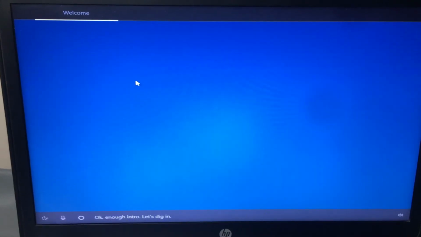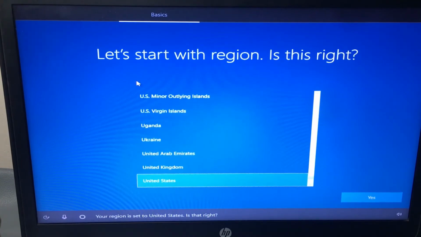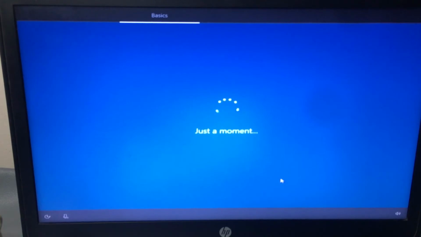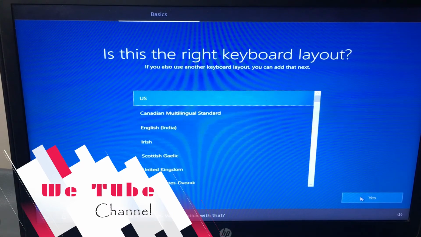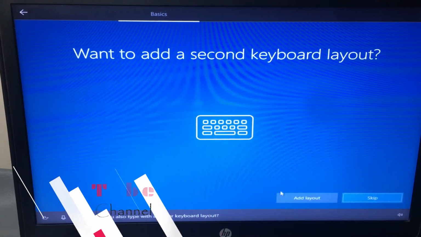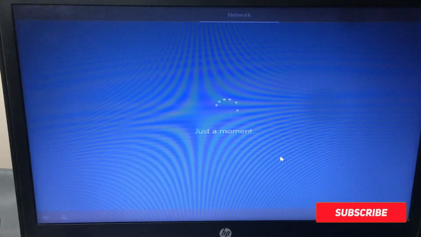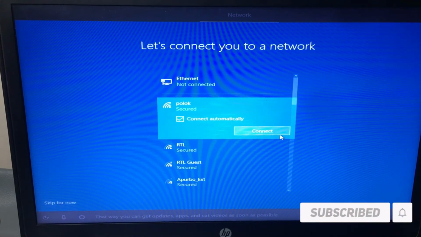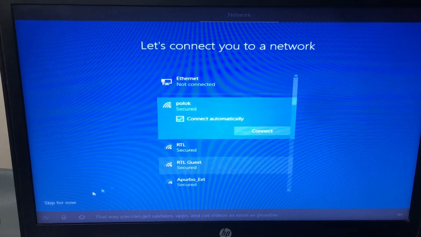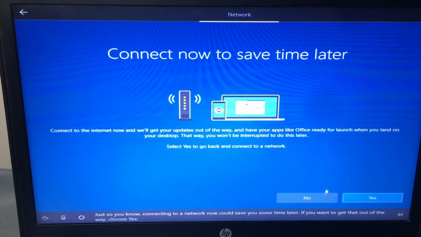Let's dig in. So here is something. Your region is set to the United States. Is that right? Select yes. Your keyboard is set to US. Want to stick with that? Do you also type with another keyboard layout? Now let's get you connected to a network. That way you can get updates, apps, and cat videos as soon as possible. Just so you know, connecting to a network now